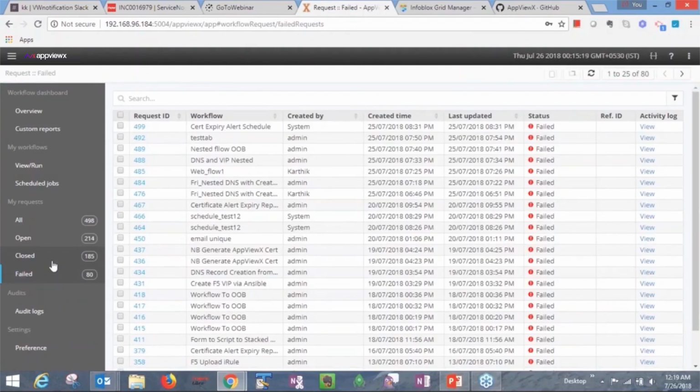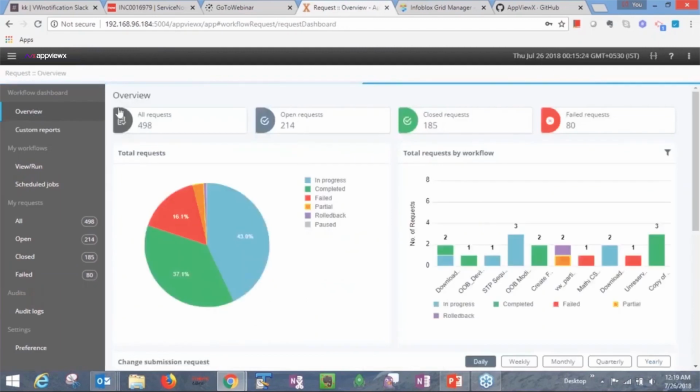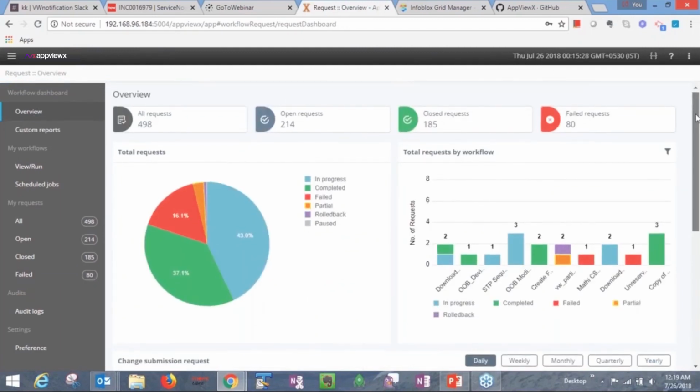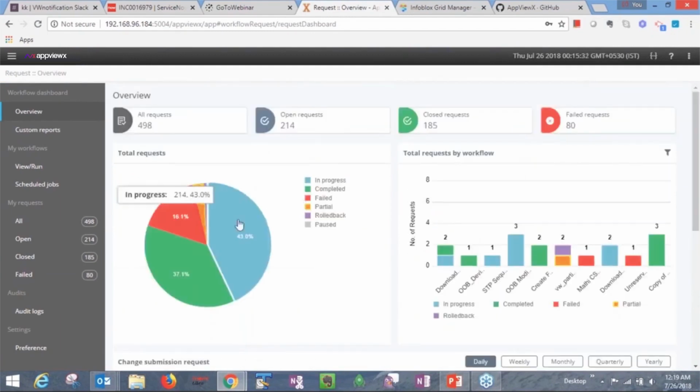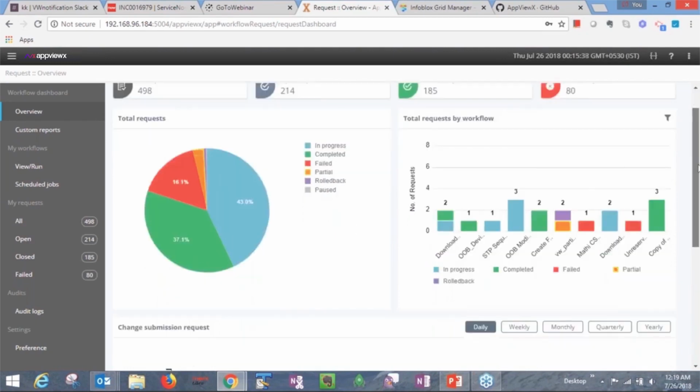Only users who have triggered their specific workflows can actually see, so that it doesn't look too crowded. And in the event of wanting to see an overall view of all the workflow requests by status, you have this overview page, the dashboard page, that will quickly give you a snapshot of what is happening, right?